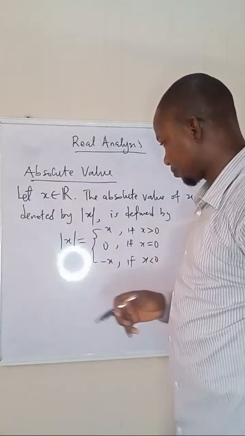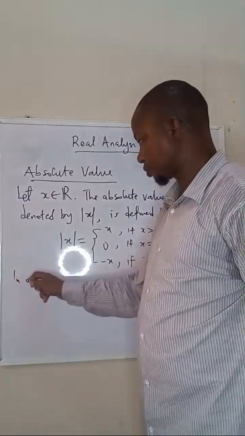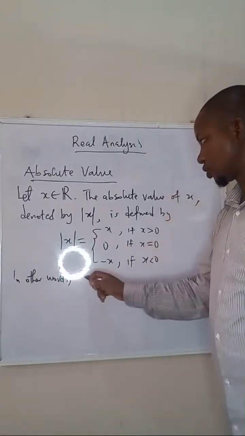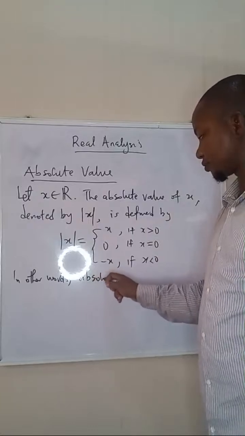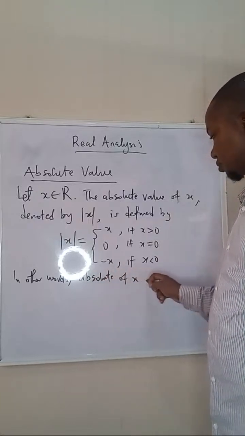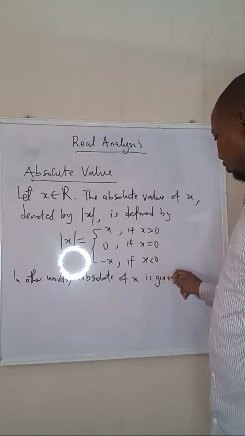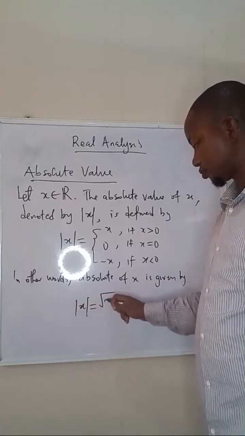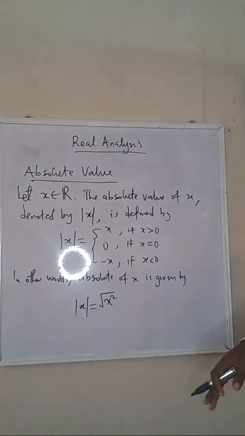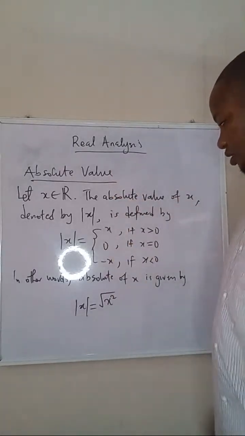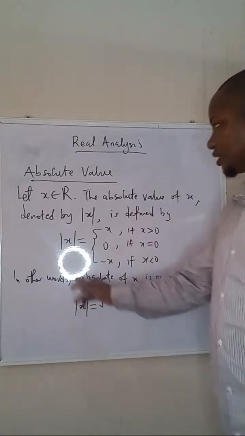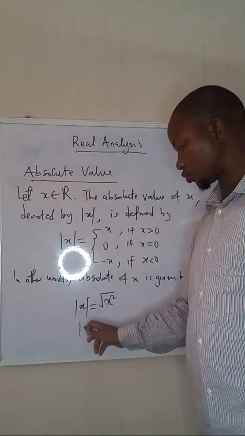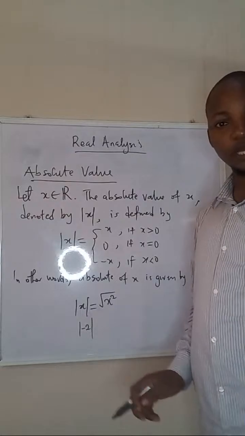For example, in other words, the absolute value of x is simply this. So we can define the absolute value of x as this, such that if x is any number in R, if x is negative 2, for example, this is equal to